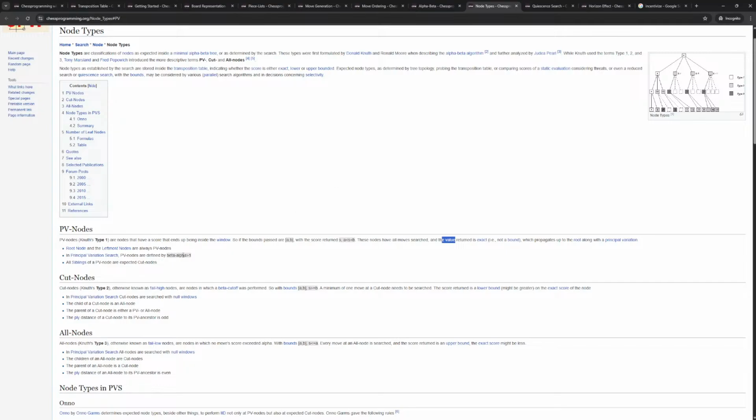Root node and leftmost nodes are always PV nodes. That makes sense, because your bounds aren't established yet. Cut nodes, otherwise known as fail high nodes, are nodes in which a beta cutoff was performed. Okay, so these are nodes where S is greater than or equal to B, and these are going to be S is less than or equal to A. So these are nodes where the